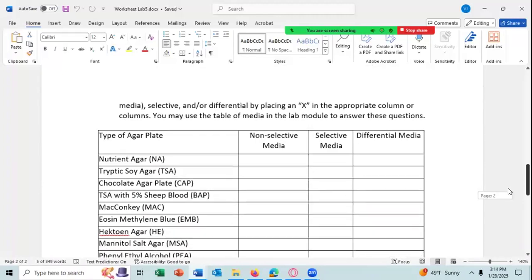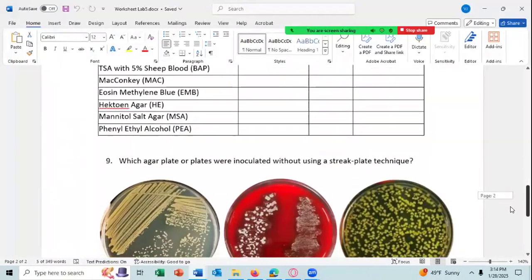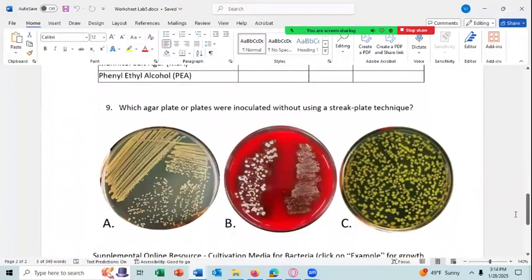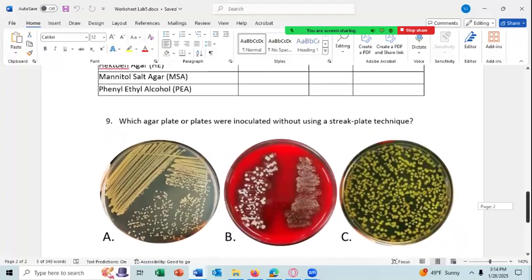question number 8? And then for 9, tell me which agar plate or plates were inoculated without using a streak plate method, meaning you did not streak for colony isolation. Plate A, plate B, plate C, or any combination of those 3. Any questions about the